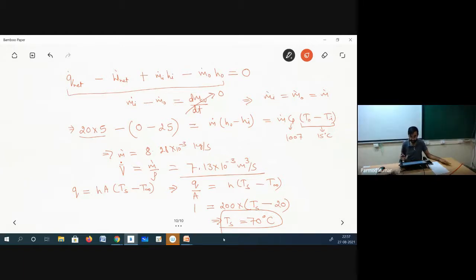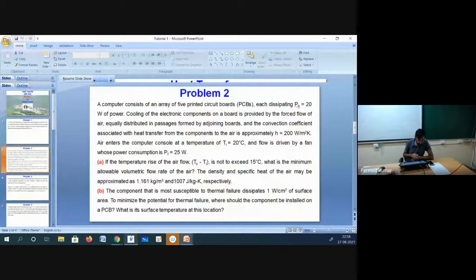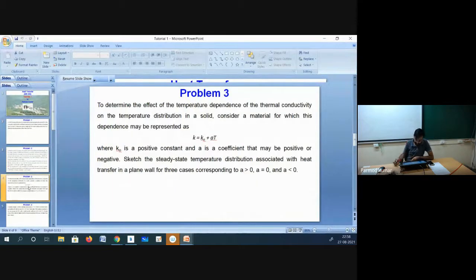So with this numerical, you will get an idea of how heat transfer can be employed in the design of critical components. Okay, and cooling of the high-end computing workstation is still a concern and challenging task, which many researchers are trying to resolve by developing some novel heat transfer techniques. Okay. Now question number 3.